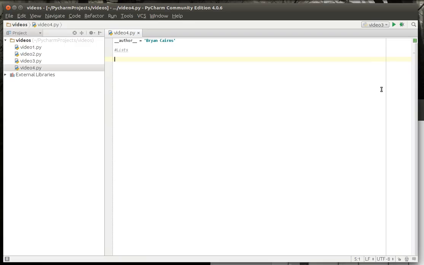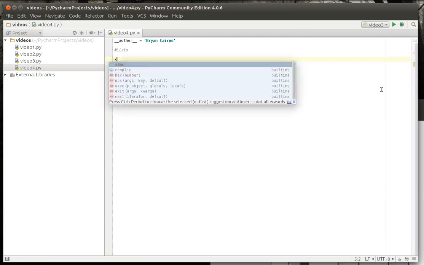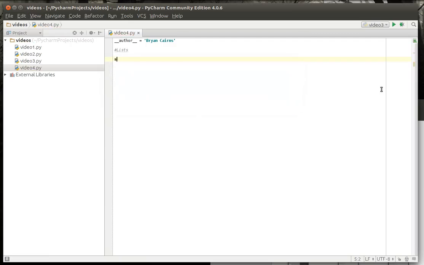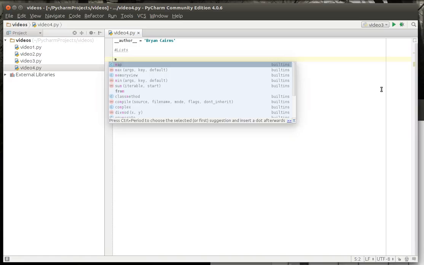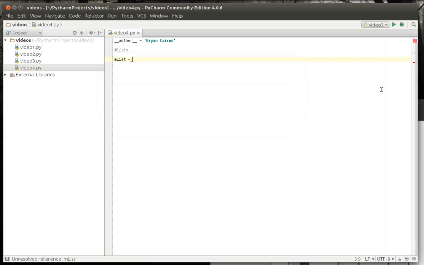If you're familiar with other languages, a list is an array. In short, if you're not familiar with other languages, well, what is an array? Simply put, think of it as a box, and in that box you can place things. Like, actually, let's call this list, and you need these brackets here, and we're just going to say 1, 2, 3, 4, 5. That's a list. So think of it as a box that you can place things in, and in this box